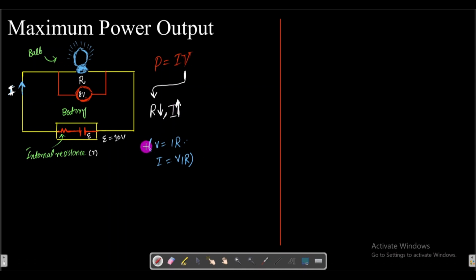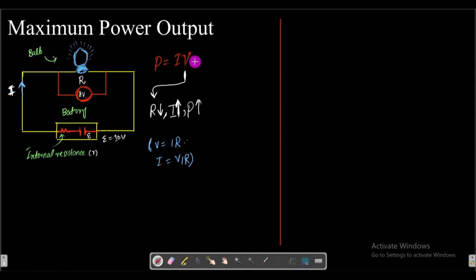And what will happen to the power? If the current is more, the power will also be maximum due to this current. So we will achieve the maximum power. Some of you may think that if we reduce the internal resistance, the current will be increased, and due to which the power will be increased. Until here there is no problem. But